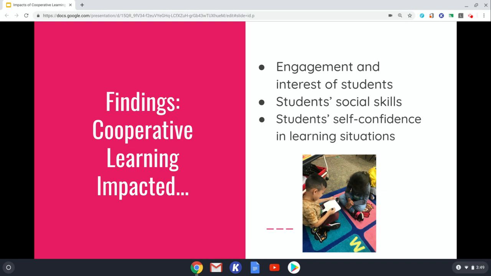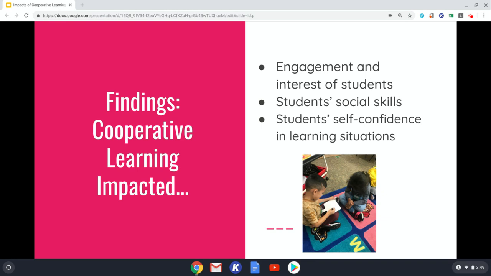And when I would announce that we were going to be using certain structures, students would yell, "Yay!" or "This one's my favorite." I would hear that a lot with Rally Coach. I had some kids who were always late to school who would eat breakfast in my classroom. And when I announced that we'd be doing a certain strategy during calendar, especially Rally Coach, those students would run to dump their breakfast so they could participate. So that showed me there was interest in what they were doing.